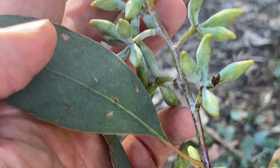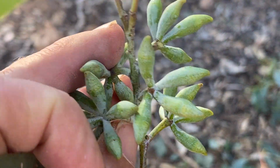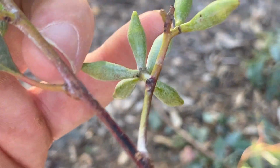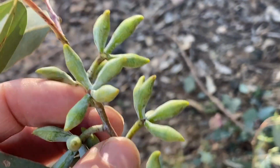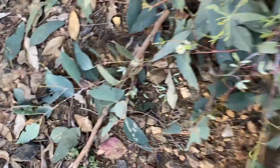You can see the way they're clustered here, a bit like Molycana, in secondary clusters, but they should be in the leaf axils most of the time. But even there, you can see that two umbellasters have been grouped together, even though some of the buds are missing, but they are in 7s. And what you can find for albens most of the time, I'm going to collect that bit, is